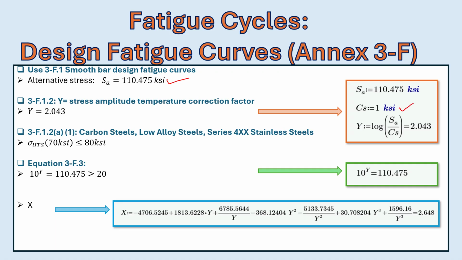So the formula to find y is log of sa by cs. In our case, sa is 110 and cs is 1, so y is going to be 2. So you get a value of y. The next is the section in